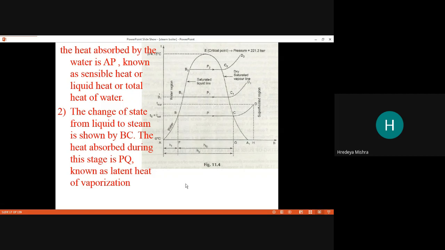We can utilize this phase change energy in refrigeration, because in a refrigerator a refrigerant is used whose boiling point is very low, at minus degree temperatures. If a phase change occurs, then so much energy is released, and that energy can be utilized for refrigeration purposes.